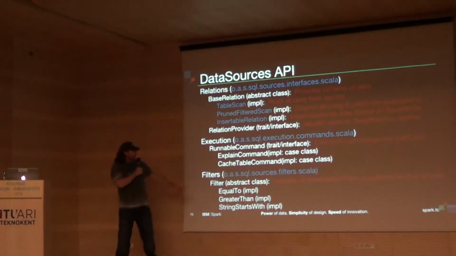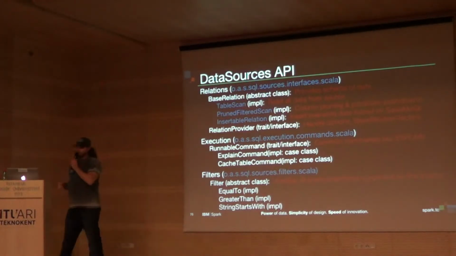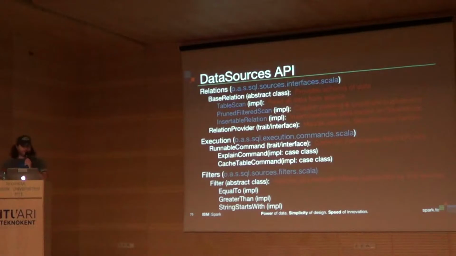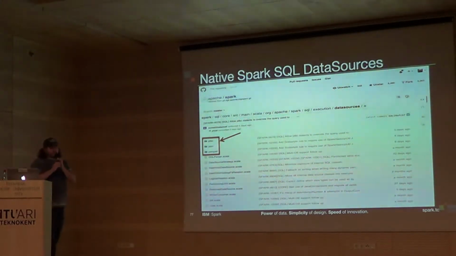A couple other things. Here's your filters. Equal to, greater than. String starts with. If you want to build your own filters, pretty easy. These are the ones that are native. JDBC, JSON, Parquet. There's actually ORC is the other one. So I always forget what it stands for, but I think it's by Hortonworks, right? So they somehow got it into native. Most of the new data sources now end up in this